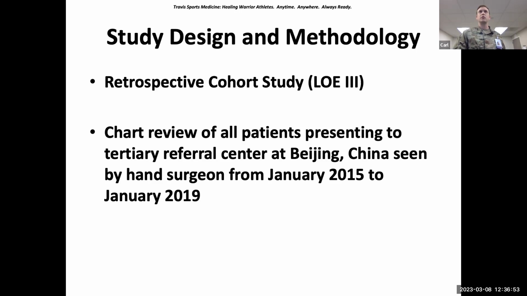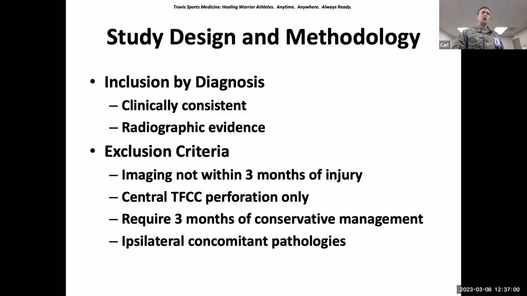And these data points were taken from January 2015 and ended in January of 2019. So going on to inclusion and exclusion criteria. They looked at the inclusion for the diagnosis, which was based off 2 criteria, and they had to meet both of these. So they had to be clinically positive for trauma, presence of ulnar sided wrist pain, pain with supination,